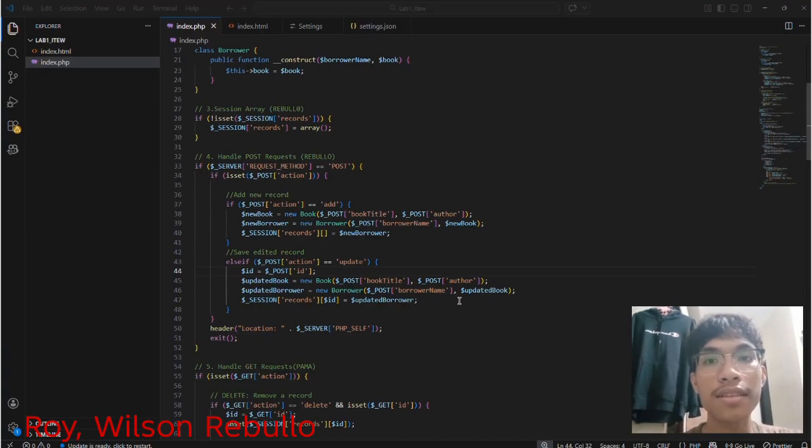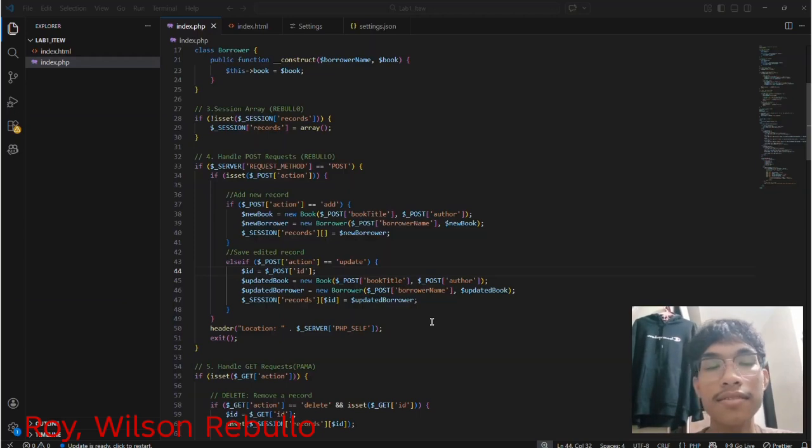The old record in the session is replaced with the updated record using the given ID. Finally, the page is reloaded, which prevents duplicate submission and refreshes the displayed data. And that's all for the session.